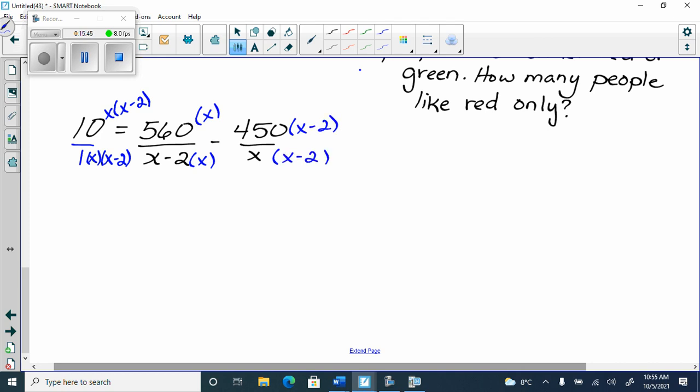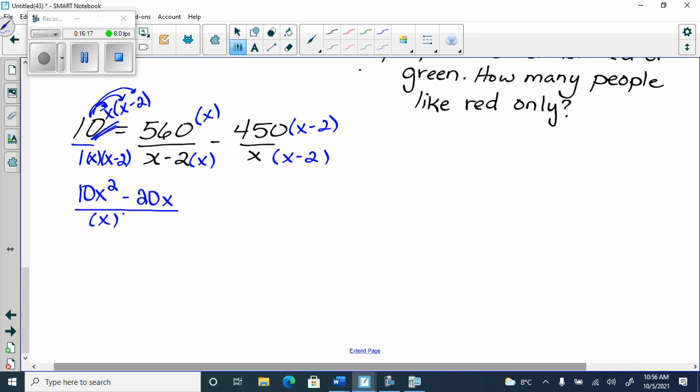Now the catch with these ones, when we have an x and x minus 2, is the 10 joins the x first. It makes it 10x, and then we put that in. So you don't make the 10 go in twice. We treat it like a 10x and then put that in. So I get 10x times x, which is 10x squared, and then 10x times negative 2 is negative 20x